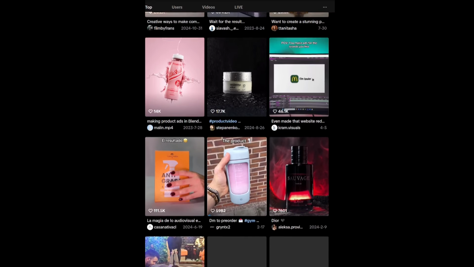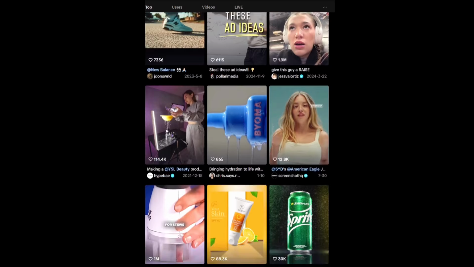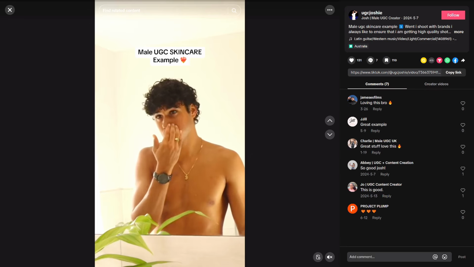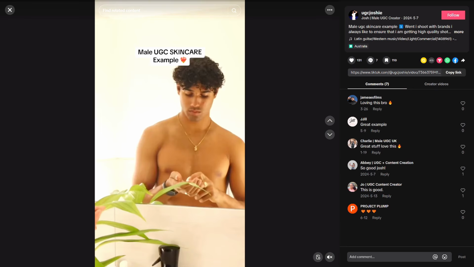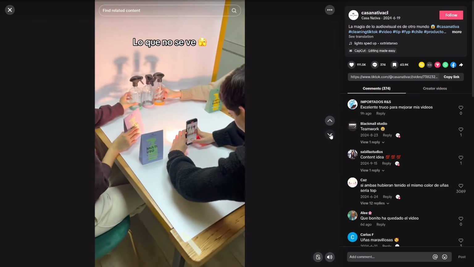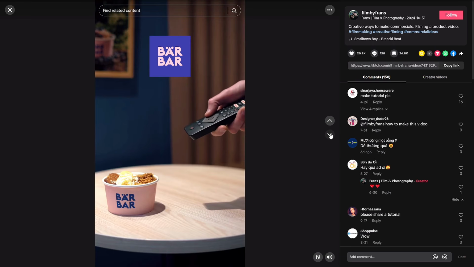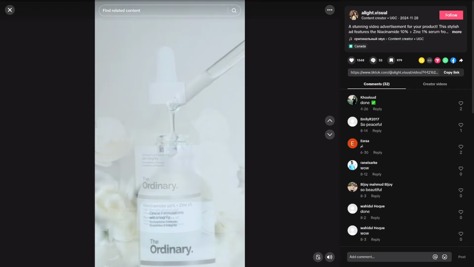Now, before we get into the tool itself, let's talk about why this is such a big deal right now. If you've been on TikTok or Instagram lately, you've probably noticed that the most effective ads don't look like ads anymore. They look like real people giving real opinions. That's UGC, user-generated content. It's authentic, it's relatable, and it just works. In fact, studies showed that UGC-style ads consistently outperform traditional ads in both CTR and conversion rates. People scroll right past polished corporate ads, but when they see a casual, natural-looking clip that feels human, they stop and watch. And that's where brands are seeing the biggest ROI, not from high-budget productions, but from simple, story-driven, authentic-looking